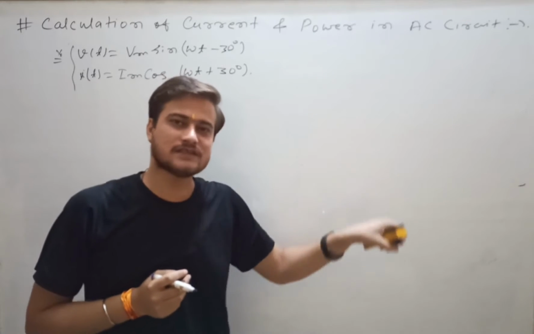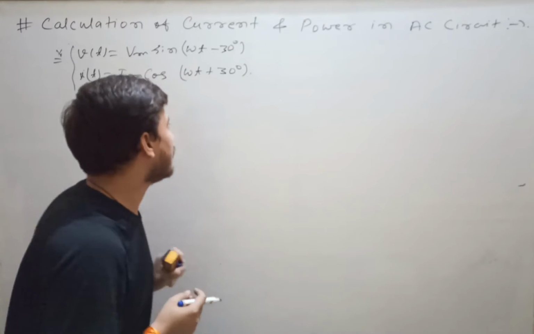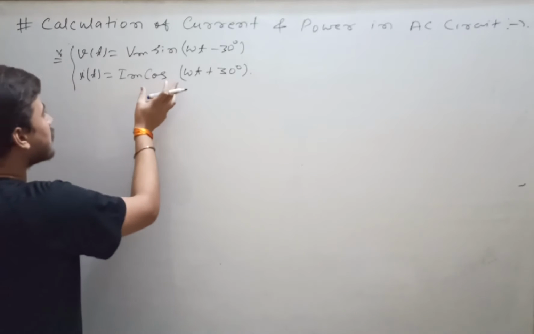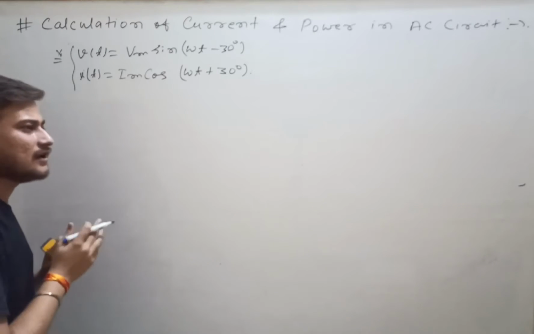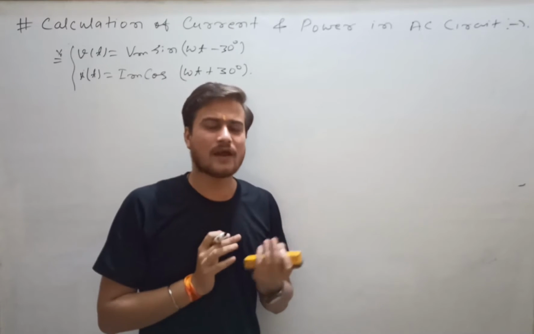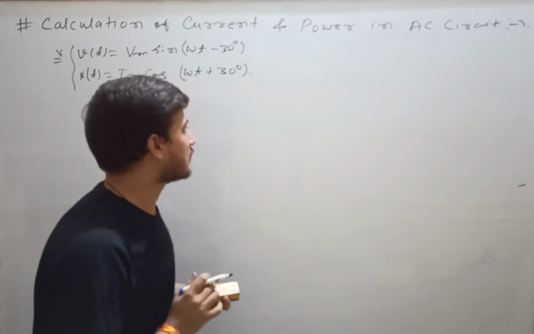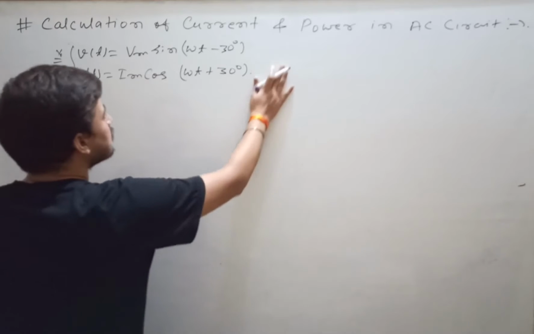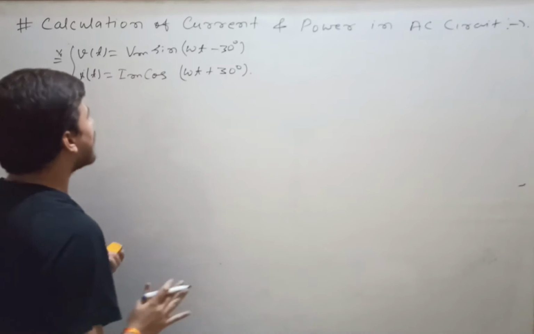So now they are asking you to find the phase difference between voltage and current, which one is leading and which quantity is lagging. So how will you find? If you go for the conversion, that means sin 90 degree minus theta equals cos theta, there may be some error in your calculation. So now what will you do? You will simply draw the phasor diagram.